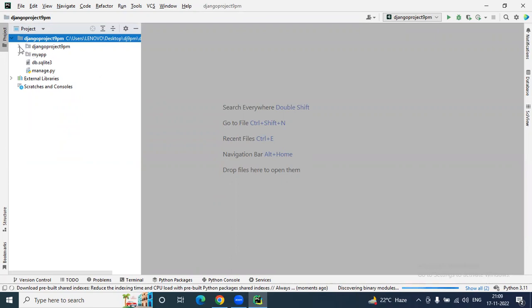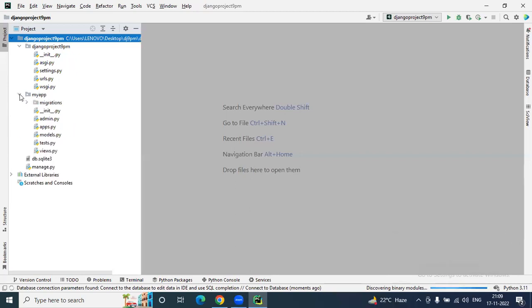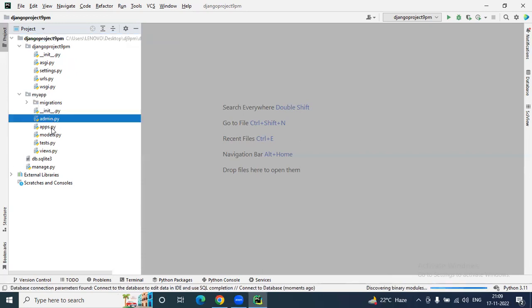On the left-hand side, you can see the project level files and folders. These are project level files: asgi.py, settings.py, urls.py, wsgi.py. I will discuss each and every file in detail, what purpose it is used for and why it is required. Also inside this application, you can see the application level files are different, like migrations, init.py, admin.py,